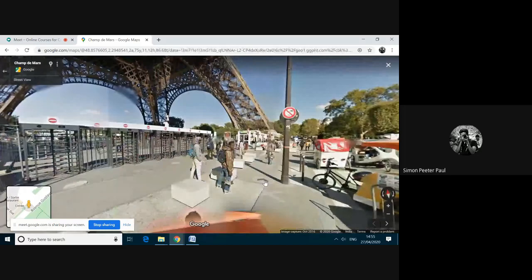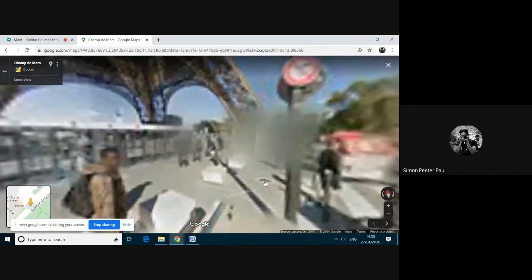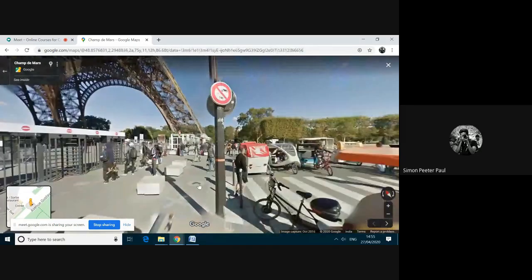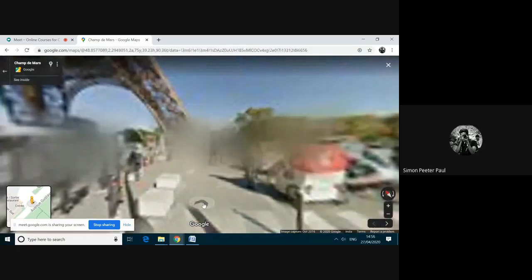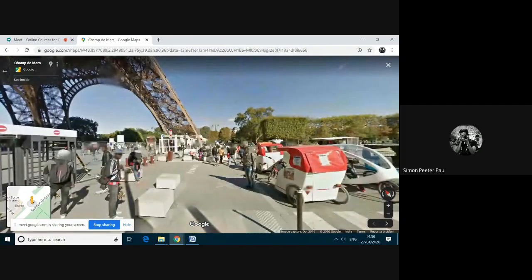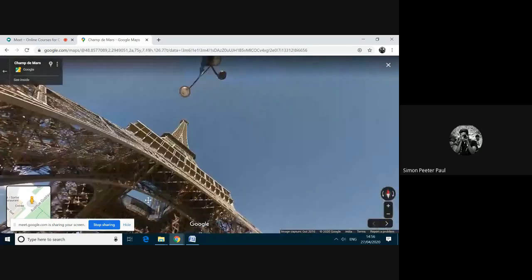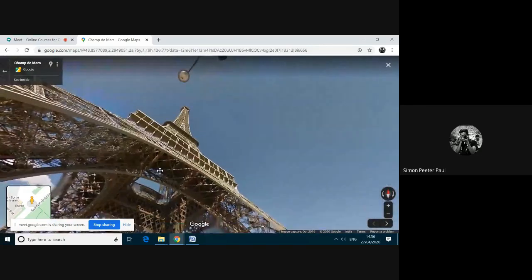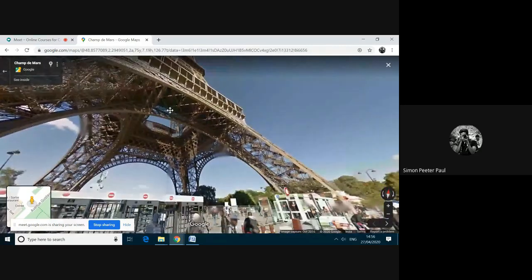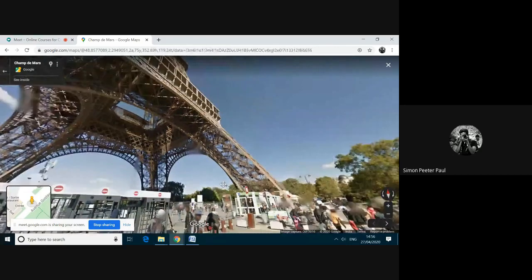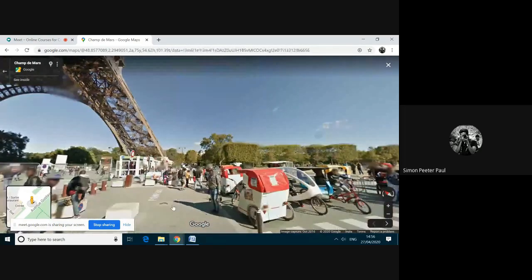If I want to roam, I can move. I'm moving. If I want to see the Eiffel Tower, I can see. While I'm moving, see here, some arrow symbol comes near my pointer. That means I can move.